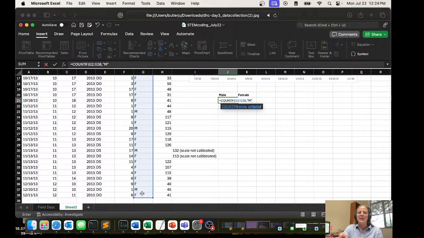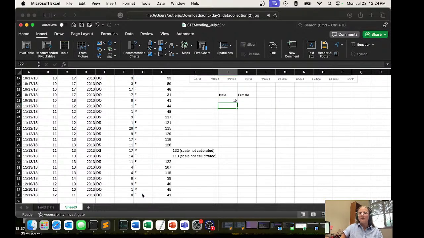But if it was, for example, in the species column, I might want to type DO within the quotation marks. After the quotation mark, add another parenthesis to close the first one. And if we hit enter, it will automatically count for us that there are 10 occurrences of male animals in our sample. I can do the same thing for the females, equals,